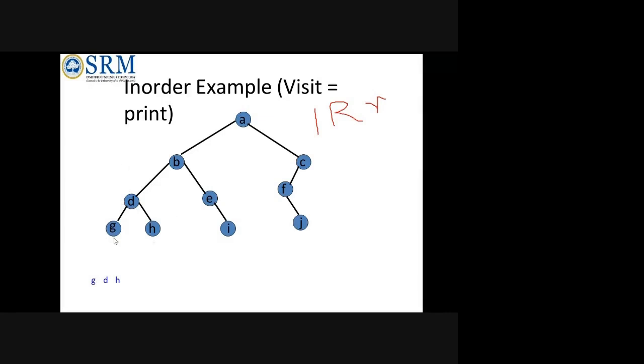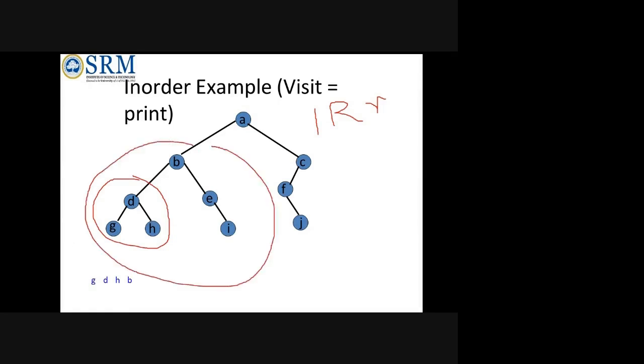So now till here it is done. Now when it comes to B node, it will find, in the recursion procedure, that its left node is processed. When its left node is processed, it will go to B, so that the root node will be printed. Then what it will see? So now this left is over for this subtree. That is your subtree here. For this subtree, your left is over. So next should be your root, B only.